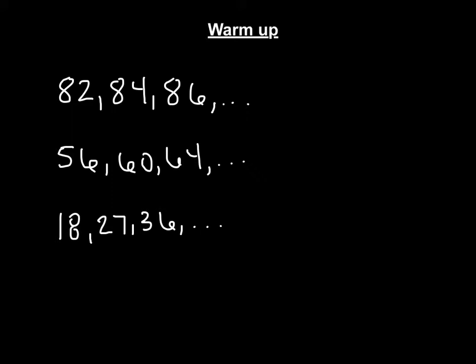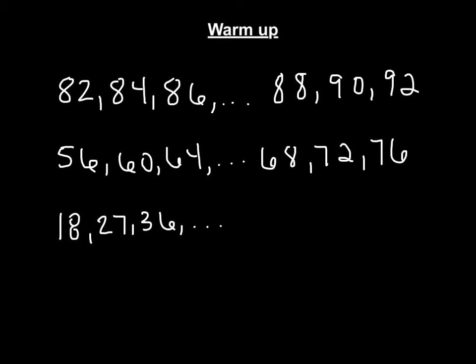On the board are the first three multiples in a set. I would like you to write down the next three multiples that come next. I'll say the first three, and you can say the next three that follow. 82, 84, 86, 56, 60, 64, 18, 27, 36,